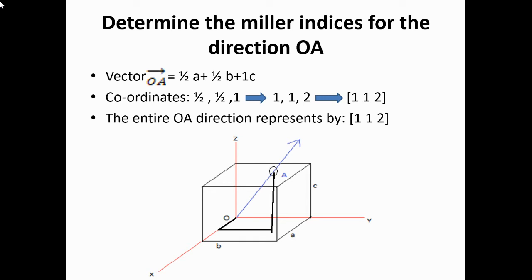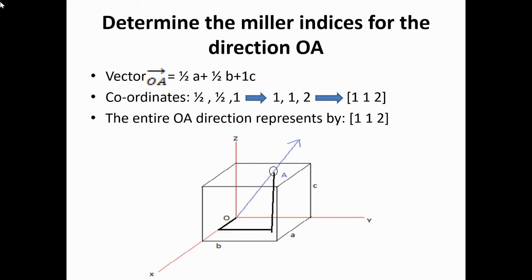So half times of A, if you go to the half times of unit cell edge length of the x-axis, that is half times of A from the origin O, and then half times of B from this point, and then 1 times of C, then you can locate the point A. Understand? I repeat, if you want to locate the point A, how can you specify?